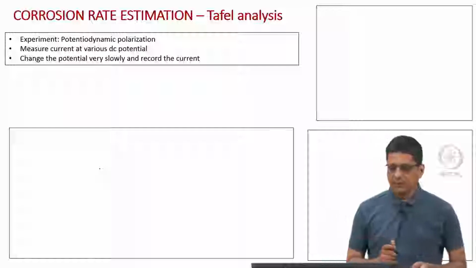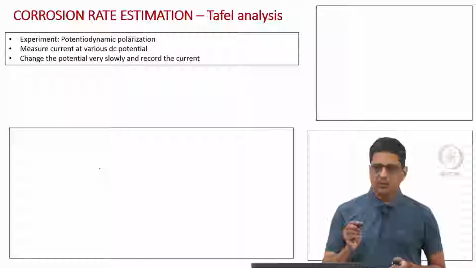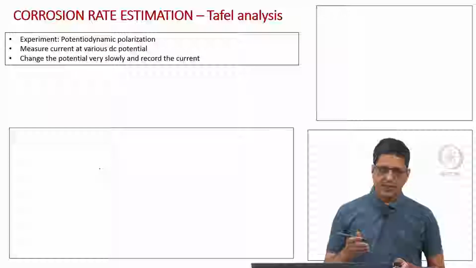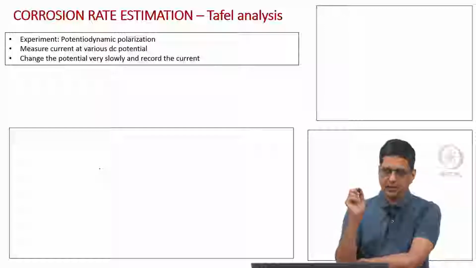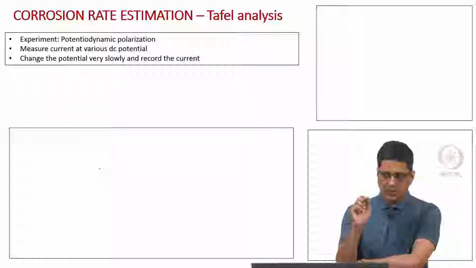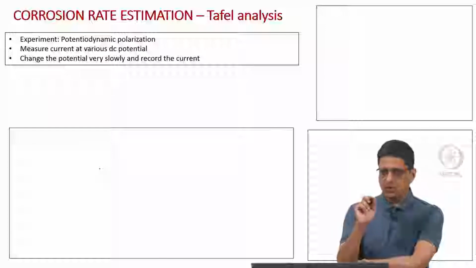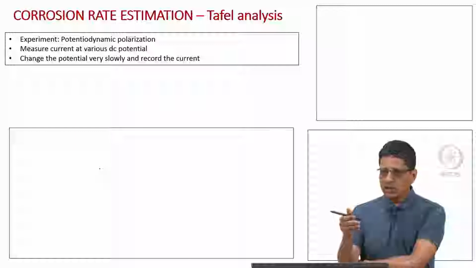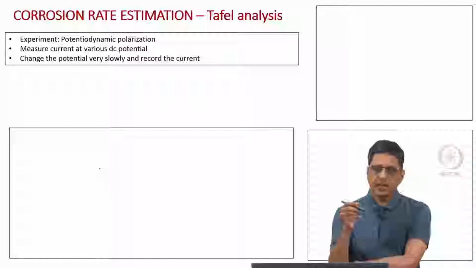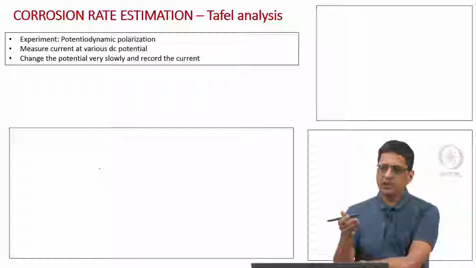Now, when you do experiments, you will typically go to a DC potential, measure the current, and normally you will scan it at a very slow rate, and you will analyze the data assuming that it is more or less under steady state condition. You change the potential very slowly and record the current. Ideally, you should go to galvanostatic mode, supply a current, wait for the potential to stabilize and record that, and then go to next value of the current and proceed. But most of the time researchers end up scanning the potential at a slow rate and measuring the current and assuming that the double layer capacitor does not contribute that much to the total current,